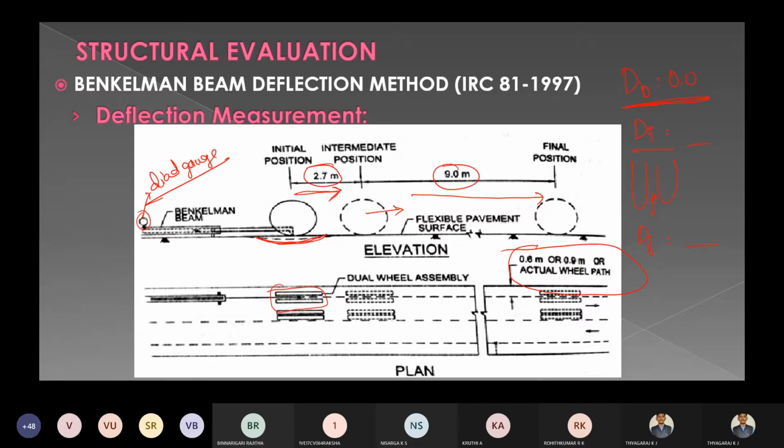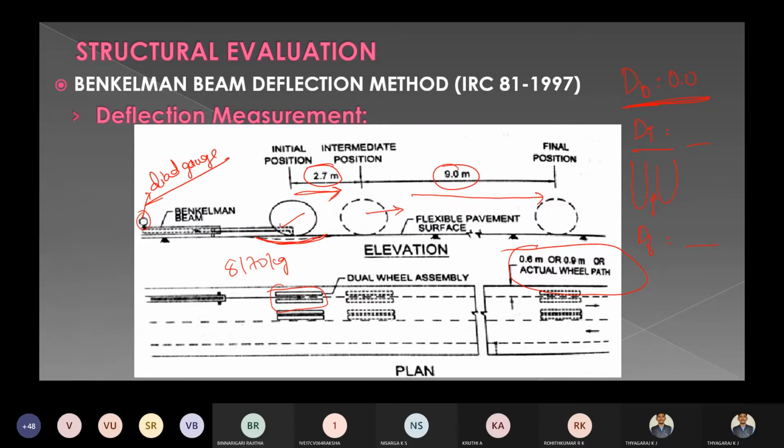We have already marked the point on the pavement where you are going to conduct the deflection studies. You are going to make the vehicle with the 8170 kg rear axle load stand just above the marked point. The left wheel should be on the marking point. You are going to insert the probe end, as we can observe here, check and level the beam, and make the initial reading 0. So the initial reading you are going to note down.